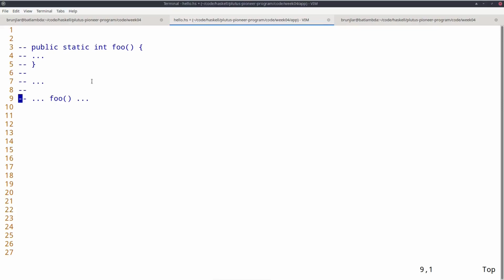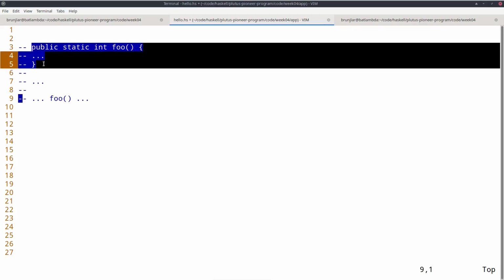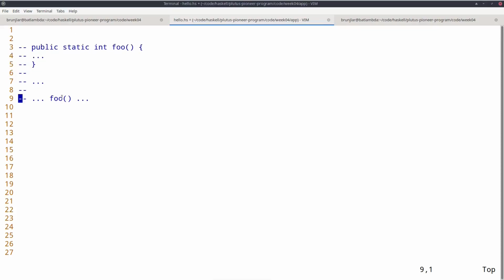And before I get to general monads, I want to start with I/O, so how I/O side effects are handled in Haskell. And before we get to Haskell, let's look at a mainstream language like Java, and imagine we have a Java method with this signature here, a Java method foo that doesn't take an argument and returns an int. And somewhere in the code later we use it. Maybe we use it twice.